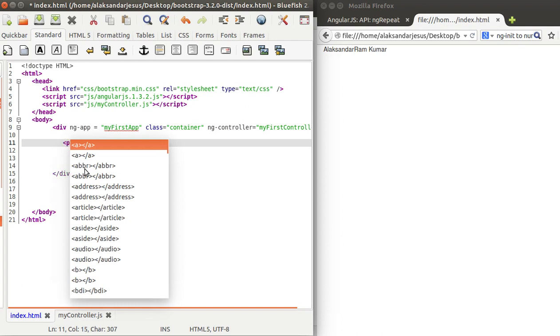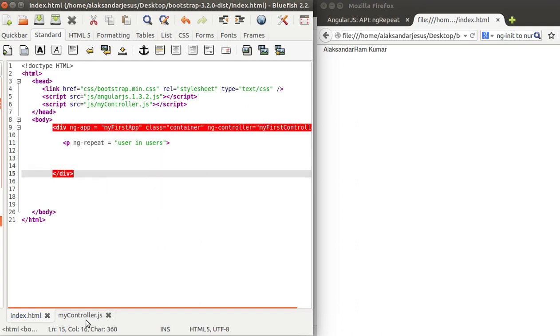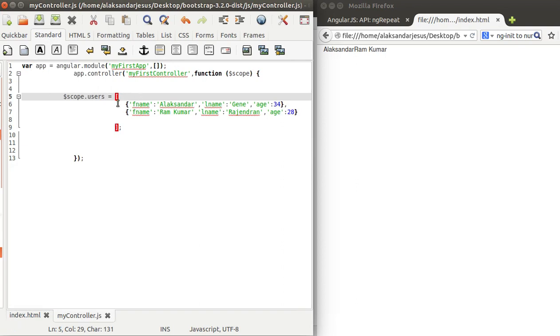So what we'll do is we'll create a paragraph tag and then use ng-repeat equals user in users. So we are saying each and every array is a user.